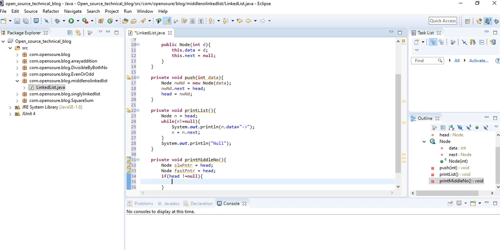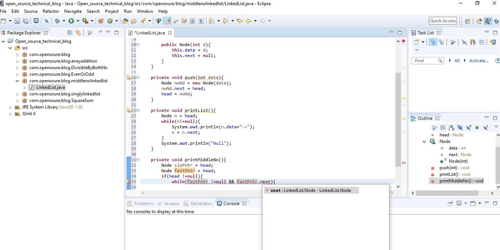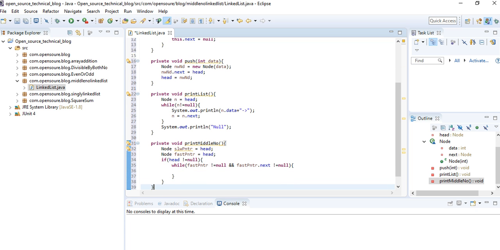If this particular head is not null, then we are explicitly adding one condition over here.